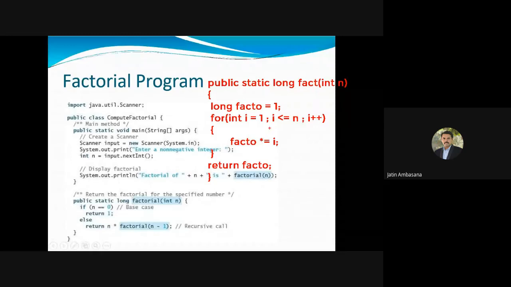So this is a simple factorial method where we pass one value n, and we have a variable factor assigned to 1. Now we run the for loop. It starts from i equal to 1 to i less than or equal to n, and we multiply i with factor. We say factor multiply equal to i, and in each iteration i gets incremented and that i value gets multiplied with the factor, and the result is again stored inside factor.